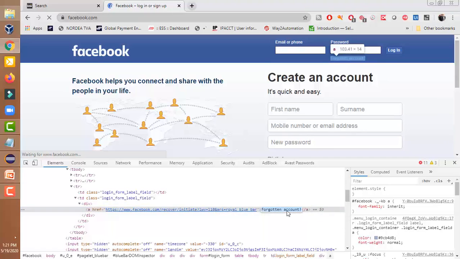So we are using the partial text. If this is a static element, then we can use both the link text locator as well as the partial link text locator. But for dynamic elements, it is very useful.